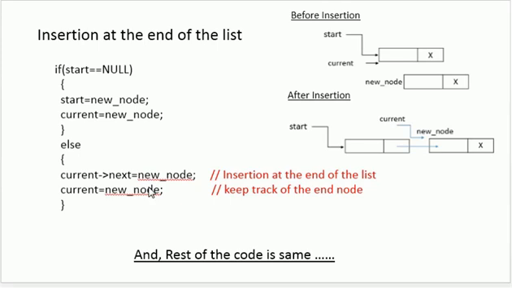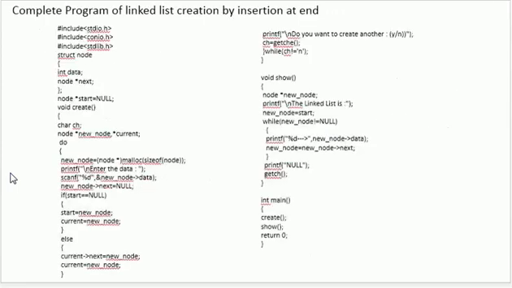I cannot swap these steps. I cannot say that I am going to write the second step first and this first line in the second place. It cannot happen because it's going to change the linked list. It's going to change the things. So first of all, I'll have to specify that right now this is the current pointer, add a new node after this, and now my new node is the current node. So this is how we are going to make insertion at the end of the list, and the rest of the program is the same, because that's the only thing which was different over here.